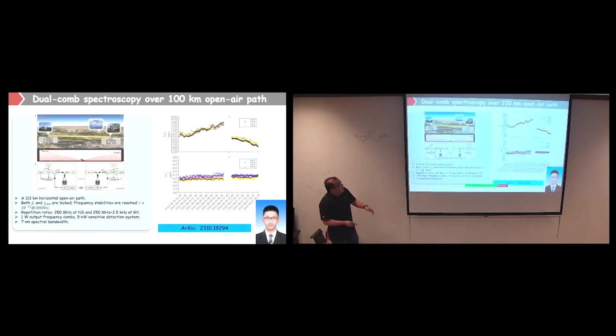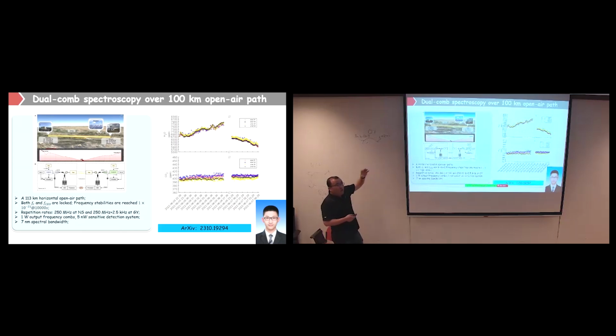And of course, because we are doing the experiment in free space, you actually have a lot of carbon dioxide and water absorption over the whole 100 kilometers. So you can measure the spectrum of the carbon dioxide and the water. This kind of method is called dual-comb spectroscopy. Before, we could only go to 1 kilometer, and our experiment shows that you can do 100 kilometers spectroscopy. And you can use it for some applications.